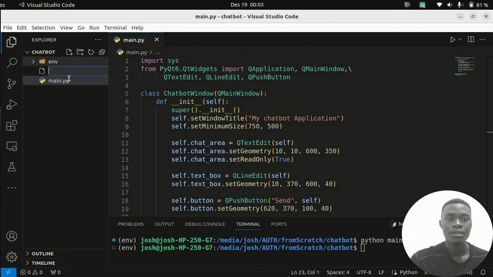So let's create another class. This looks like an interface, then this looks like processing. I can call this front end and this one back end, or I can call it simply chatbot.py,